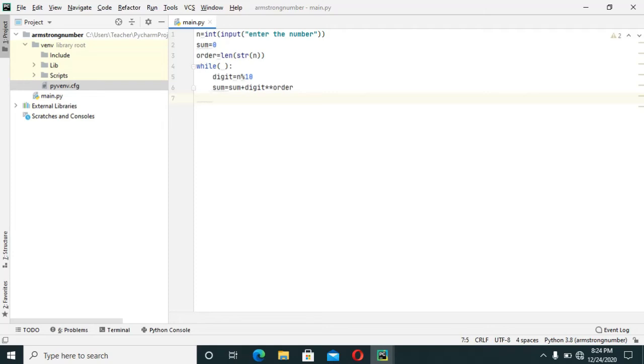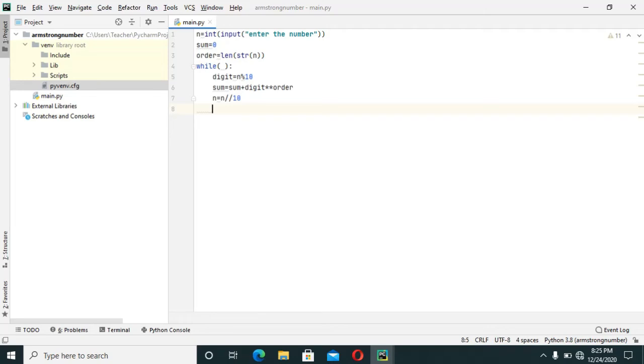So here we need to update n to get other digits. To do so, we use the floor division operator. This operator returns a whole number. So n equals n floor divided by 10. So for example, 8208 divided by 10, we get 820, and 820 divided by 10, we get 82.